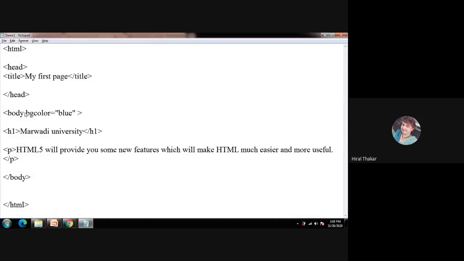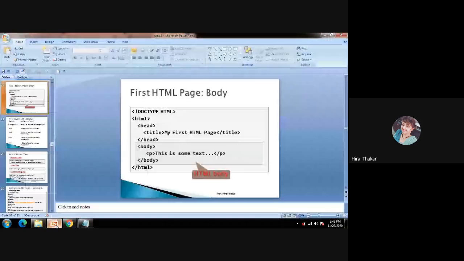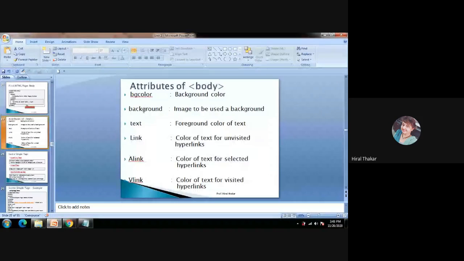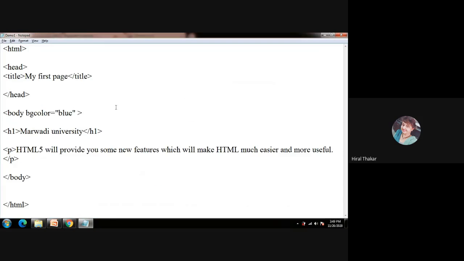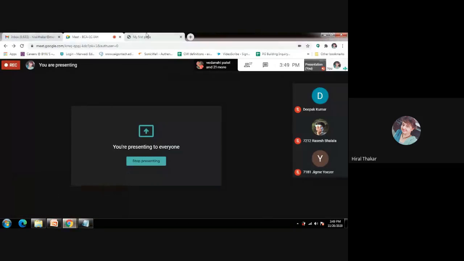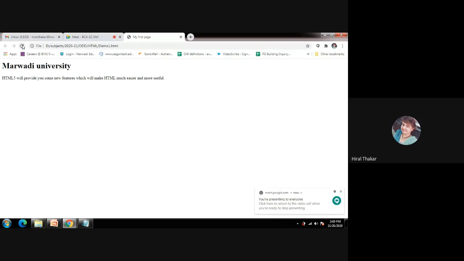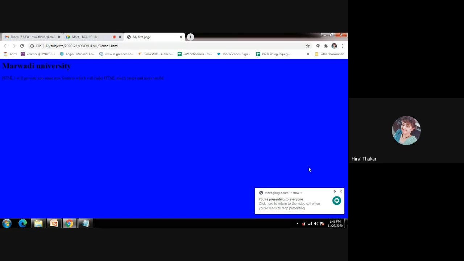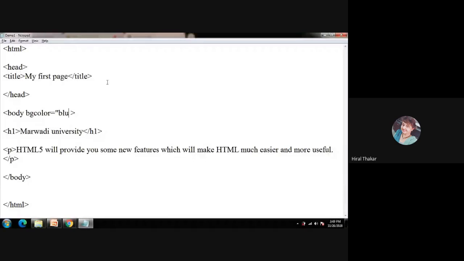But every tag will have so many attributes. Say for example, these are the attributes of the body tag. BG color, which I have used just now. If not BG color, then it can have background. First, let's just check it. What will happen when I use BG color? We will go to the page and we will just refresh it. So whatever you write in a tag, it will be visible on the screen. BG color, if I use,